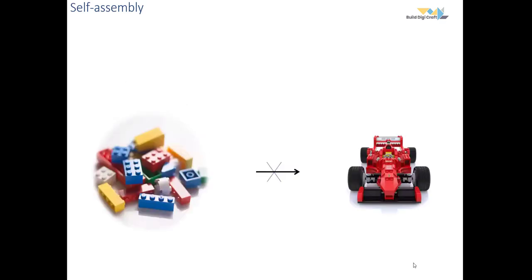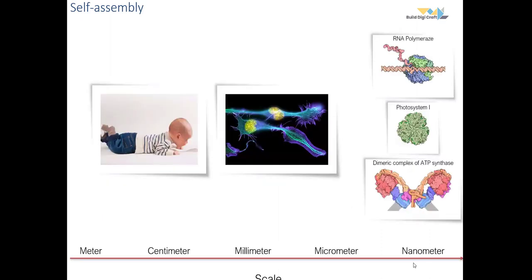Self-assembly is not very visible in our everyday life, right? Usually it takes some work to assemble things together. I have a lot of Lego pieces at home, and they never self-assemble into the structures they have been previously. But if you look at nature, nature uses self-assembly all the time, and actually across all scales. We are essentially objects built by self-assembly